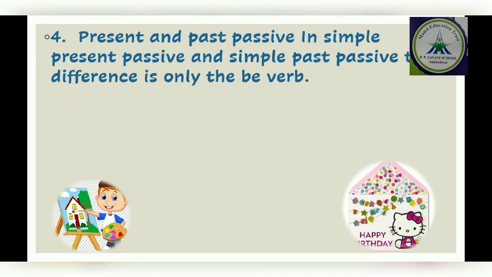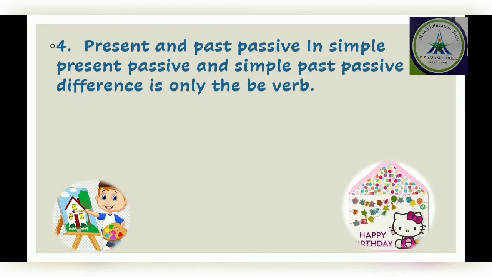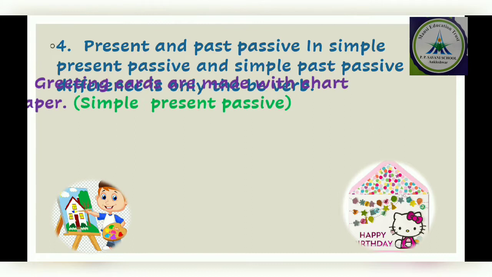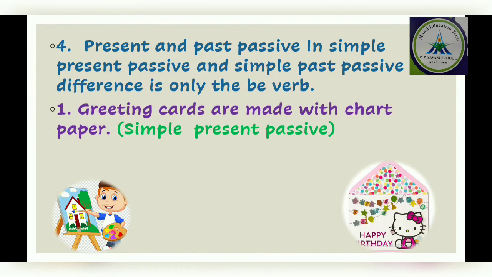Some more rules. Present and past participle. In simple present passive and simple past passive, the difference is only the be verb. The sentence will remain the same. Only by the be verb we come to know the tense of the sentence. For example,